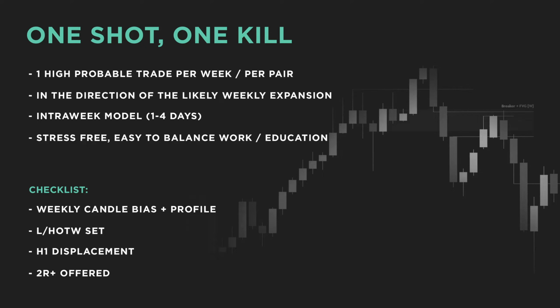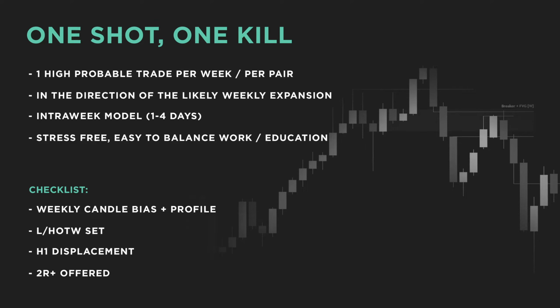Okay, so moving forward, let's look at the checklist, right? So there's just four key components. It's very simple stuff. So the first thing is we need a weekly candle bias. Is the next weekly candle going to print bullish or bearish? Once we understand that, we can determine a likely profile based on PD arrays, right? Now, once we've pretty much sieved that out,